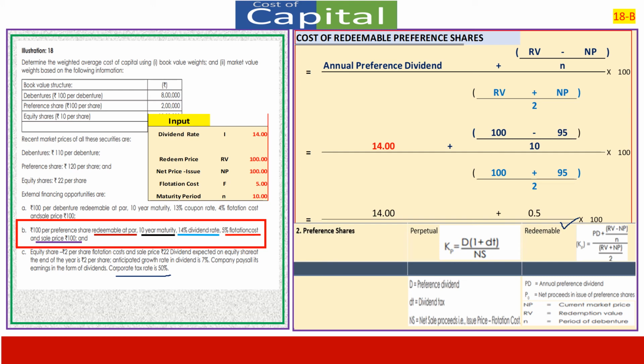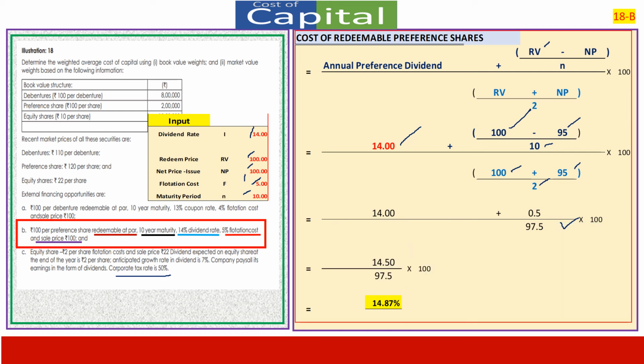Preference redeemable at par, rupees 100 is the redemption, at par, 10-year maturity, N is 10 years, 14% dividend, 14, 5% flotation costs, and sale price, net price is 100. And we apply annual preference dividend is 14, redemption value is 100, net price minus flotation 100 minus 5 is 95, duration is 10 years, divided by 100 plus 95 into 2,